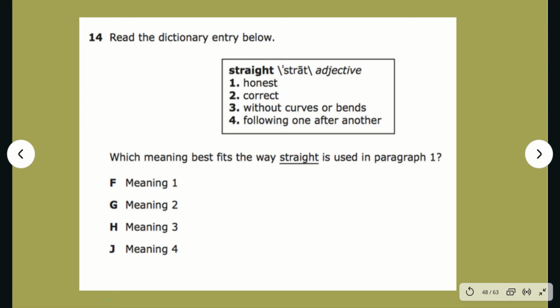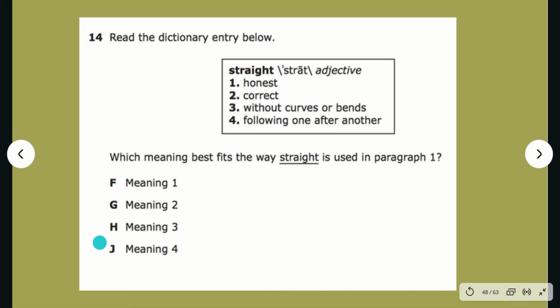Let's continue with our questions. Now, take a look at the question that we are about to answer. Before we even read the question, I want to give you some information on test questions that look just like this. You might see these kinds of questions in your IA or on the Real Start test. When you see a question with the read the dictionary entry below, and there's a dictionary entry that looks like this, all of the answers that are inside the dictionary entry and the answer choices are going to be real